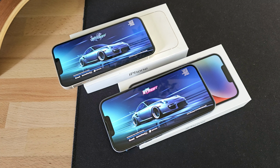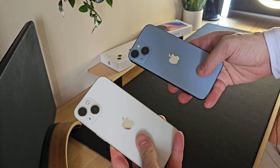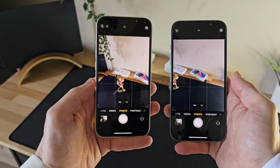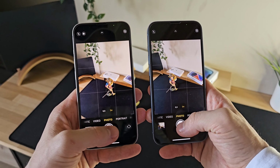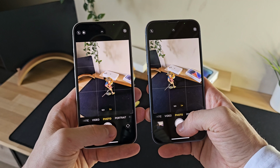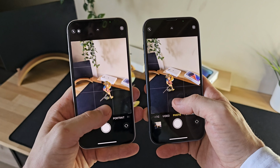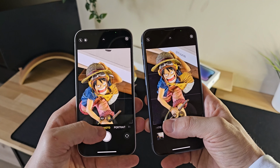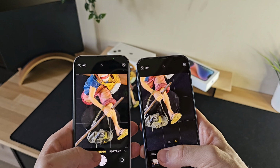Moving on to the cameras, as mentioned at the beginning of the video, the iPhone 14 has larger sensors to capture more light and take better shots, especially in low-light conditions. An interesting aspect is that the main camera of the iPhone 14 is the same as that of the iPhone 13 Pro. Both phones have two cameras, an ultra-wide and a wide, both 12 megapixels. The differences are not huge, but the iPhone 14 manages to take brighter and more detailed photos both during the